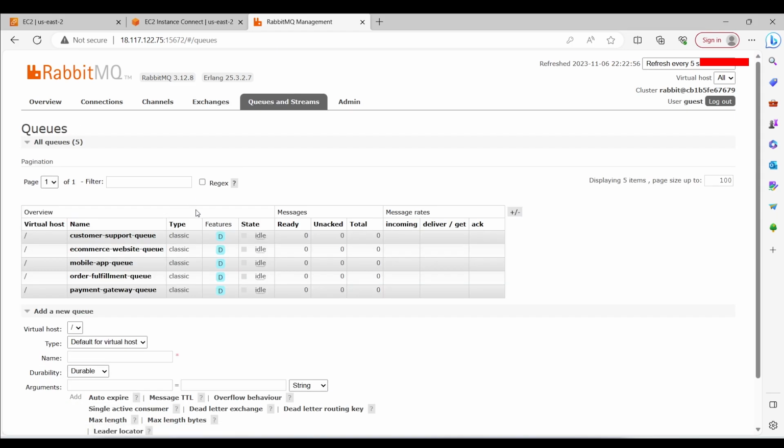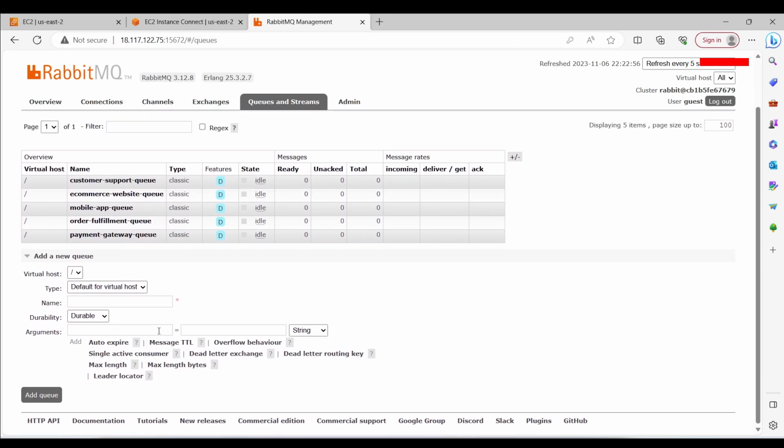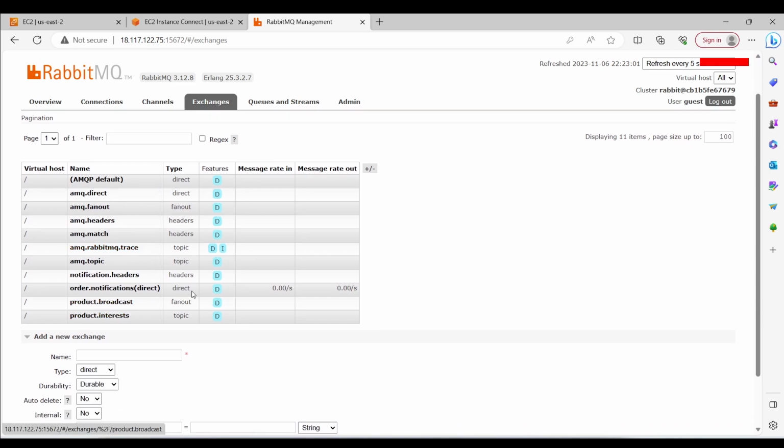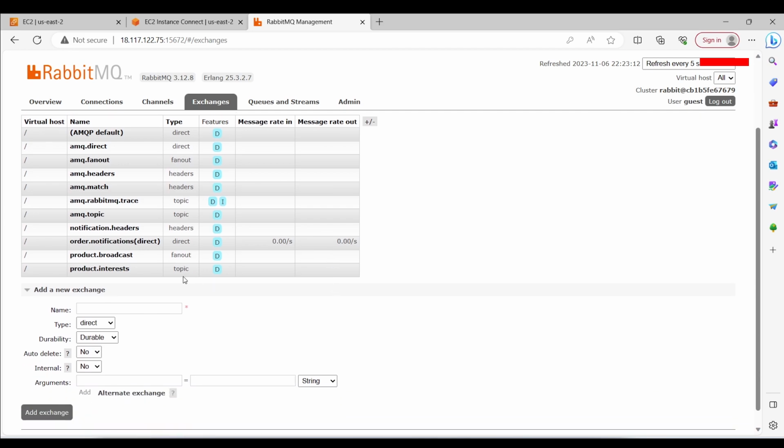Okay, let me first publish the message for all the types of exchange and we'll be checking. So for message rating, we can see we have published a message for this. So message rate in is currently set to 0.0 per second and message rate out is also set to 0.0 per second. So next we go to